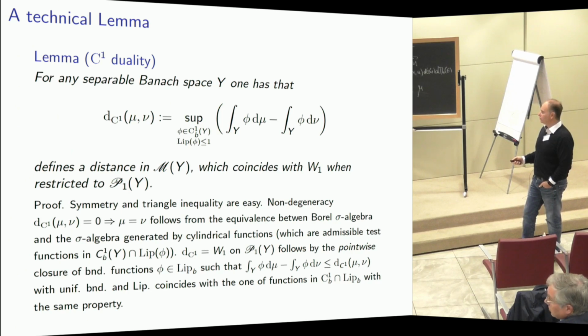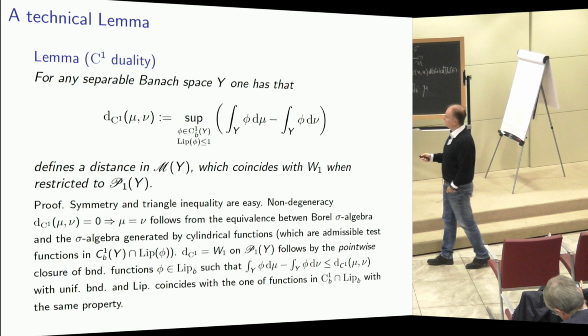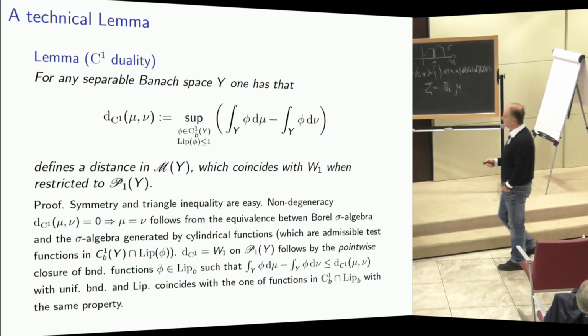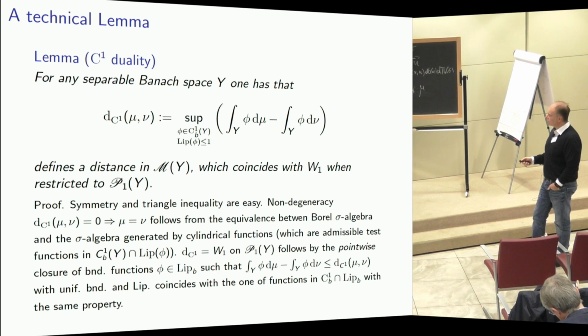And the way to prove that these actually coincide, and so whenever you have a distance zero of two measures, then they need to coincide on the sigma algebra of cylindrical functions, but this Borel sigma algebra is equal to the cylindrical sigma algebra. Of course this has to be done in separable Banach spaces, so this equivalence holds only there. And whenever you want to check that this distance is equal to the Wasserstein distance with P1, well,